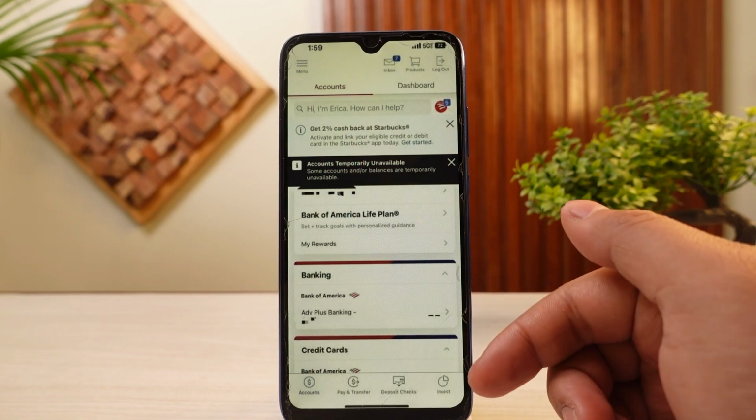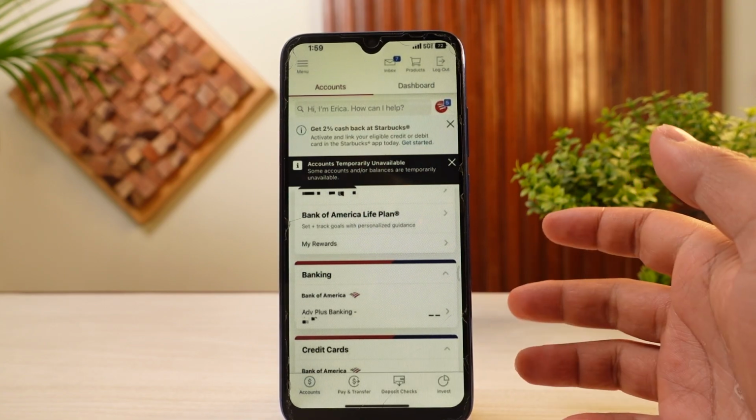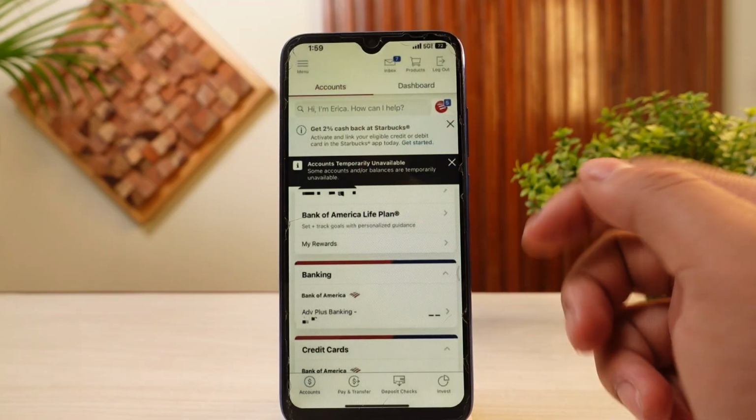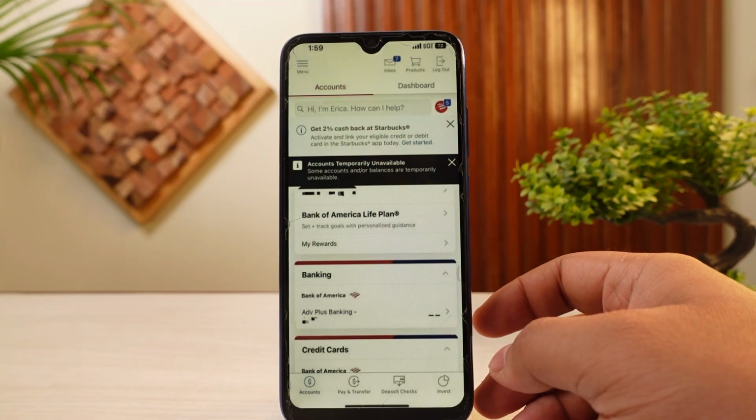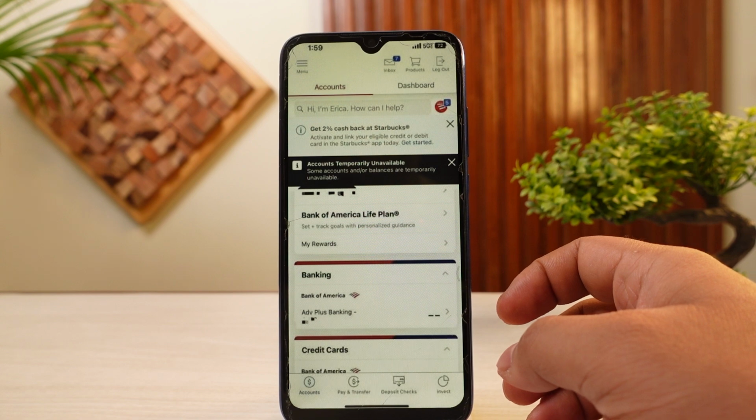Also, you'd be able to deploy key features such as linking your Balance Connect as well as talking to Erica. So these are a few benefits that you get with the Advantage Banking of Bank of